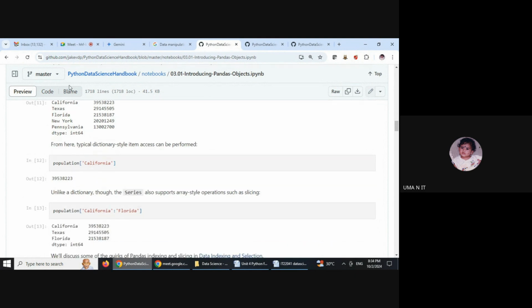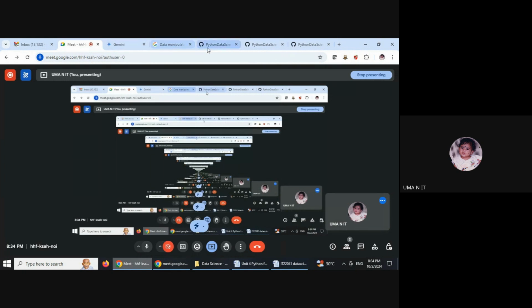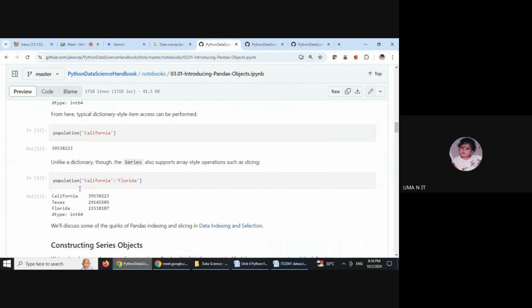And like your previous series, we can retrieve the values of any index. Now the key of your dictionary will act as an index of the value of your pandas Series. Unlike dictionaries, the Series also supports array-style operations such as slicing. See here, we can even slice, but we can't do this with your dictionary.